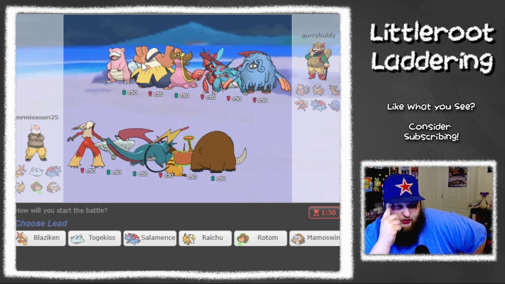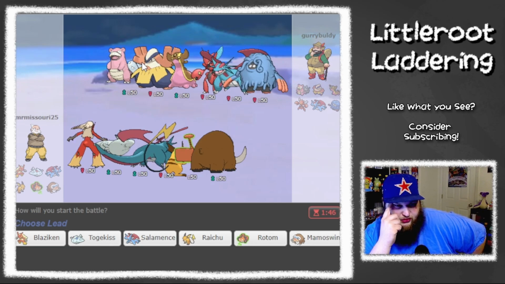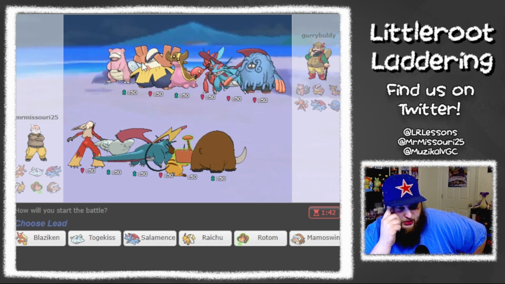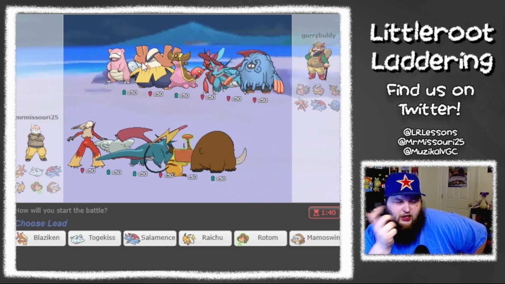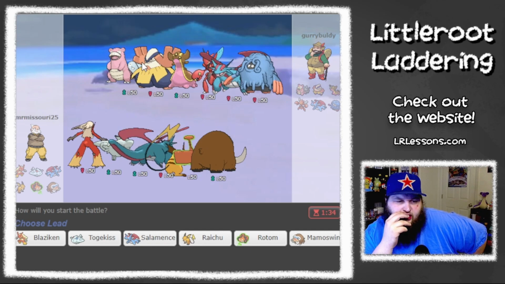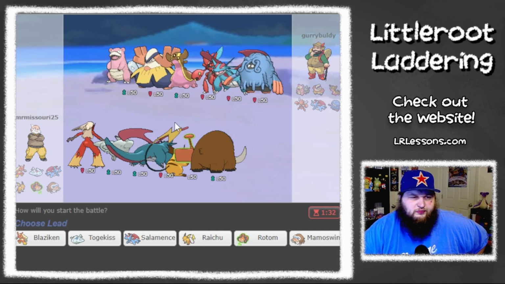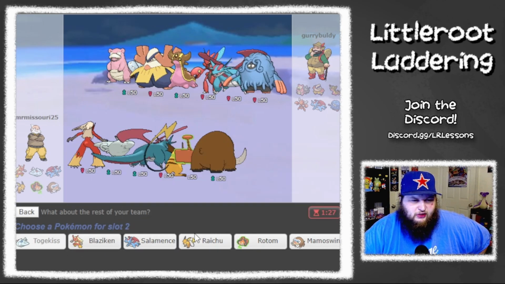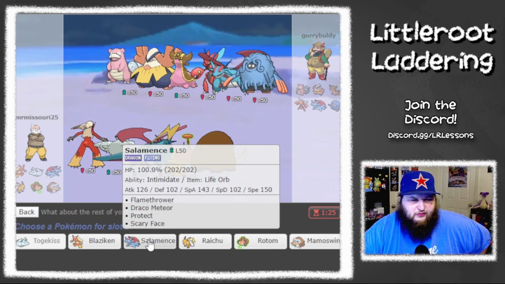As a result, I think I want Blaziken as well because it lines up pretty okay against Scizor and Tangrowth, and because I have White Herb, I'm immune to Intimidate off of Salamence. I also have Rock Slide for Salamence as well. So I think Blaziken looks pretty great. I could lead Raichu and get a Fake Out into this, but I don't think that's something I'm really worried about. I think I would rather have Togekiss plus,